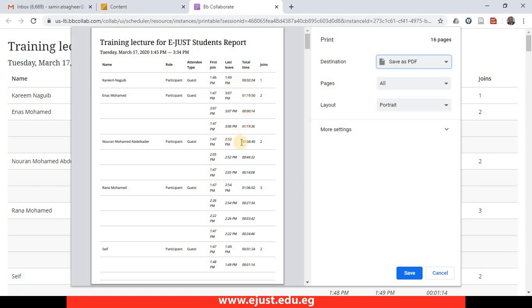However, this one attended more than 1 hour, so that is a student affairs matter. But the most important thing for us is that we can know all the details of all the attendees